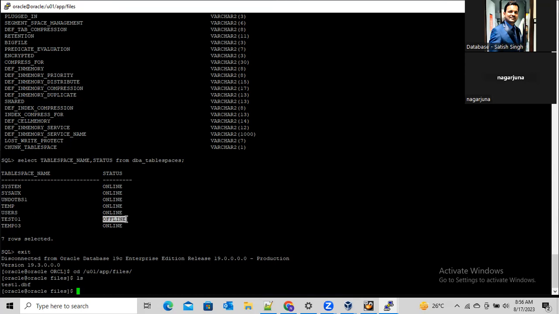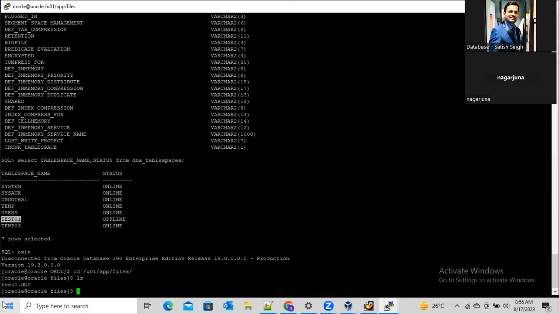Whatever the files, one file, two files, three files. If test01 has around 10 or 11 data files and you want to move only one data file, you also need to take the table space offline and then copy the data file from the old location